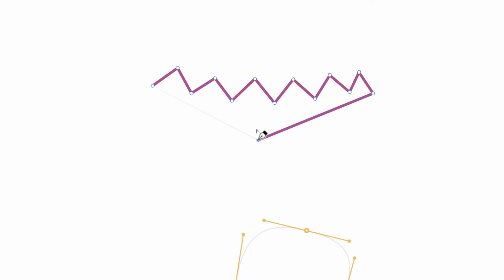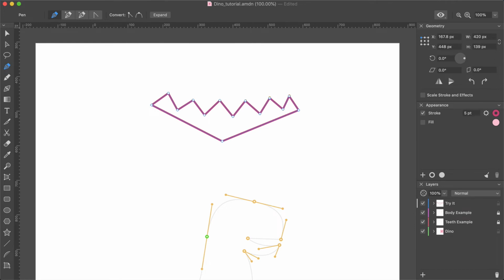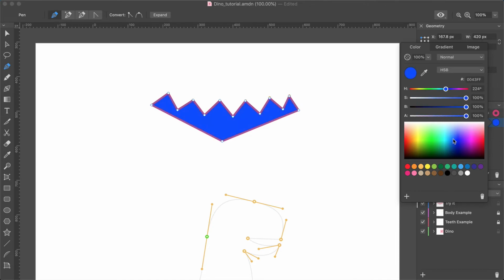To close the path, we need to connect this point with the first one. When the cursor approaches the original anchor point, a little circle appears near it. Make a click on the point to close the path. A closed path is, in essence, a shape of a free form. The color of its filling can be easily changed in the Appearance panel. For this, make sure the shape remains selected, activate the fill, and then choose the necessary color in the Color panel.